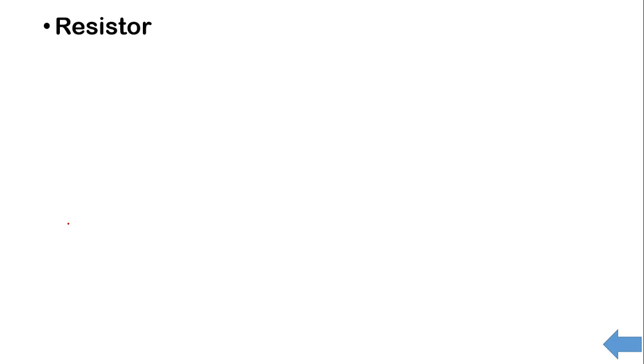Resistance or resistor is a very common element of electrical engineering. So the symbol of a resistor is very clear. This is resistor R, and if it is a varying resistor, then the symbol will become like this. The important thing to know here is that we want to know the current response in a resistor while applying a voltage.